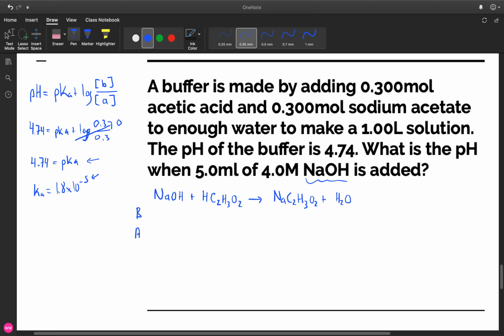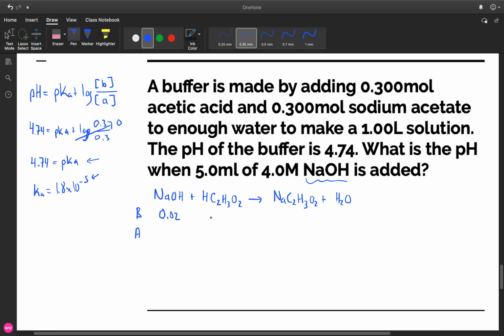We're going to use our before-after table. Now, once again, our before-after table is going to be a limiting reactant type problem. So in this table, we can go ahead and add moles of everything. This is different from an ice table because remember, in an ice table, I'm only allowed to add molarity or partial pressure. Before and after tables, you're only allowed to add moles. So the moles of NaOH is going to be 0.005 times 4,